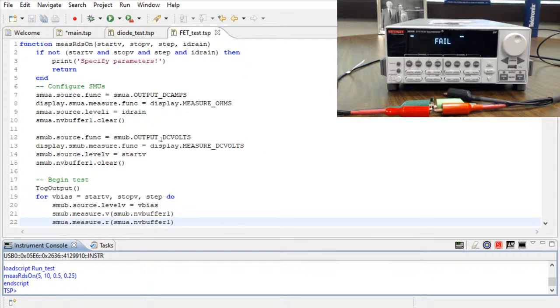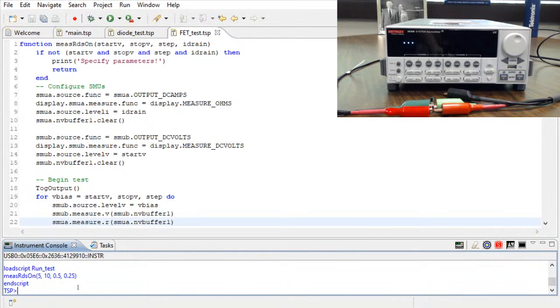Test script builder handles this load script and end script automatically for you. If you're instead writing your scripts in something like Python or MATLAB or even C, any programming language, when you communicate with the instrument and you want to save a script, you'll use these load script and end script commands. Very simple, you just put the code in here and just make sure that they're bookended by this load script and end script. Again, test script builder handles that for you, so you shouldn't use them when you're using test script builder. So now I'm going to restart the instrument,